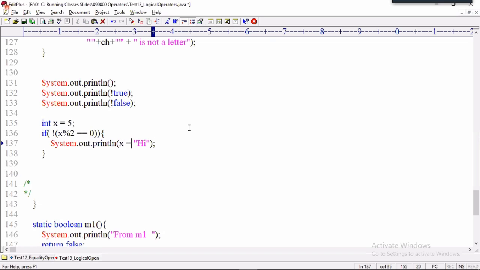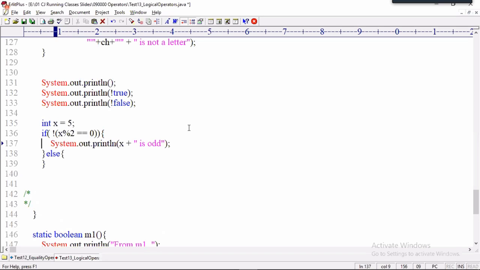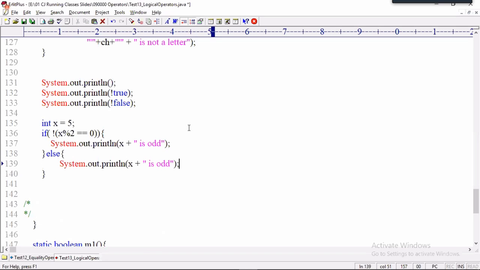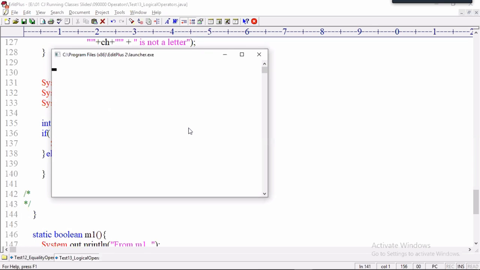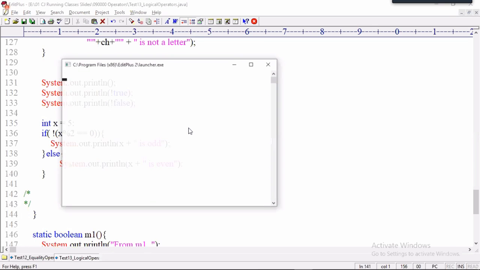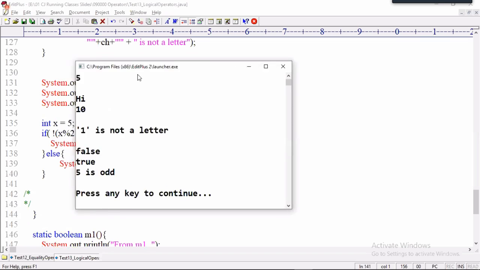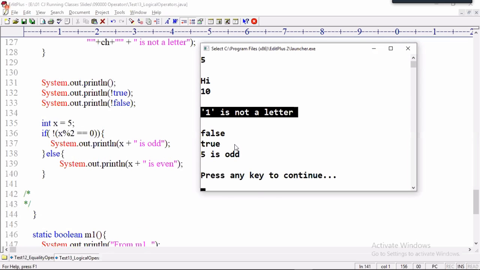x is even. x is odd. Else x is even. Okay. 1 is not a letter.